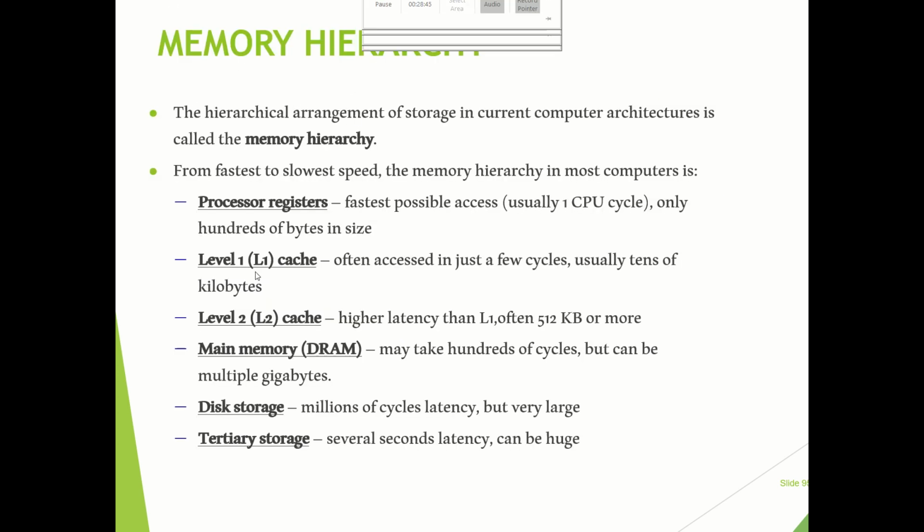Then the next topic is the memory hierarchy, which you already studied in operating systems. We said that the fastest storage is the processor register, which is a part of the processor. After that, the cache memory comes. We know that different cache memories are there, level 1 cache and level 2 cache. First comes the level 1 cache because it is internal to the processor chip. The second type is the L2 cache, which is outside the processor.